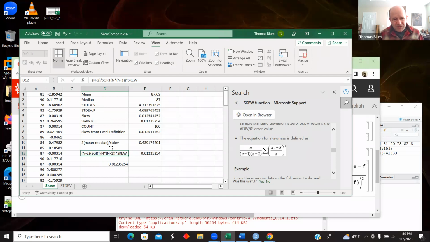I probably should have done this the other way around, but right now I'm going from the skew to Skew.P,